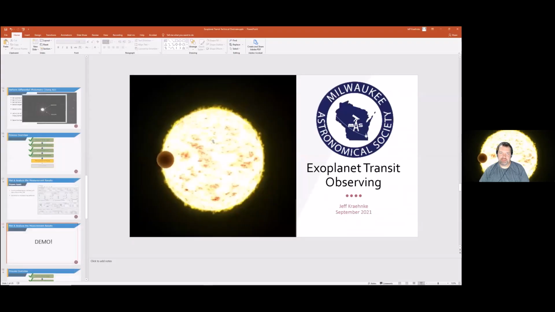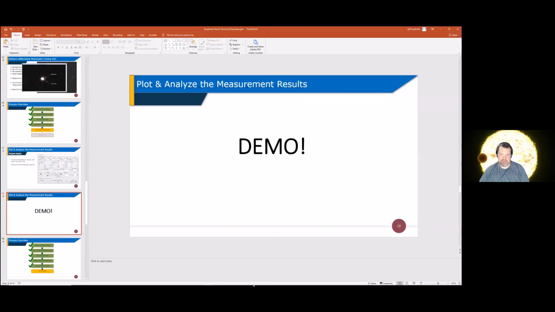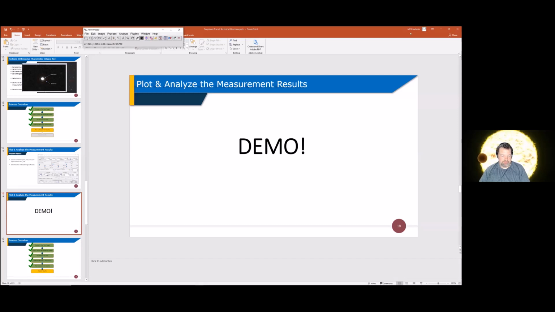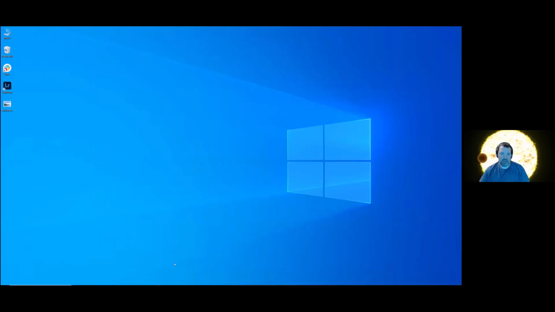So finally, we get to some demo, because now it's just going to be easier to show you rather than do slides. All right, so this is AstroImageJ. It's a very simple Java-based program, and I hope this is not too small. I apologize if it is. This is the screen resolution of my screen, but these icons on the right here, AstroImage